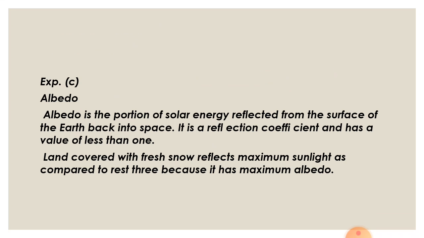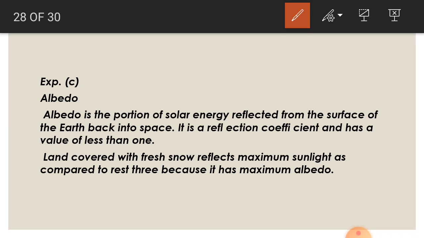From our basic NCERT we find this phenomenon is known as albedo. Albedo is the portion of the solar energy that is reflected from the surface of the earth back into space. It is a reflection coefficient and has a value of less than 1. Land covered with fresh snow reflects maximum sunlight as compared to the rest of the three because it has the